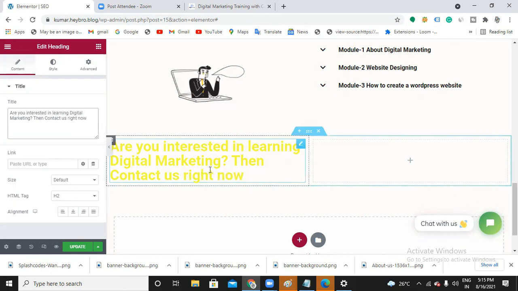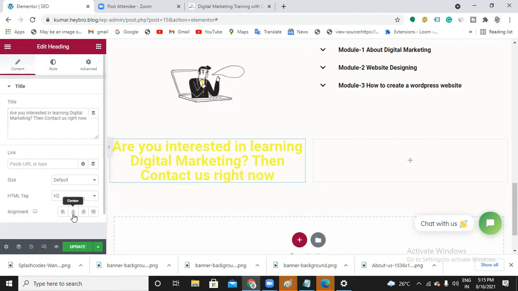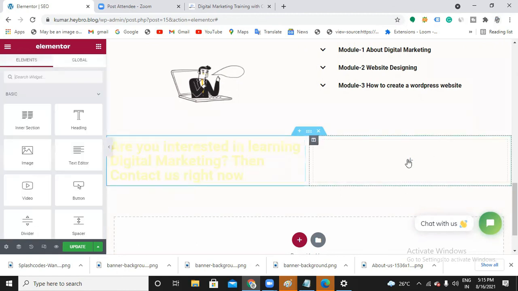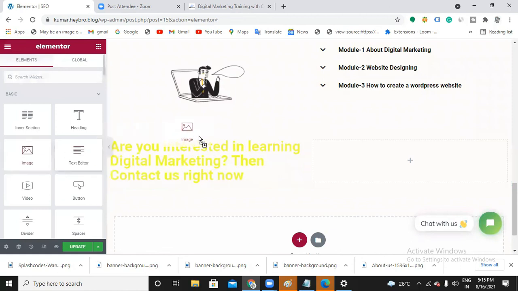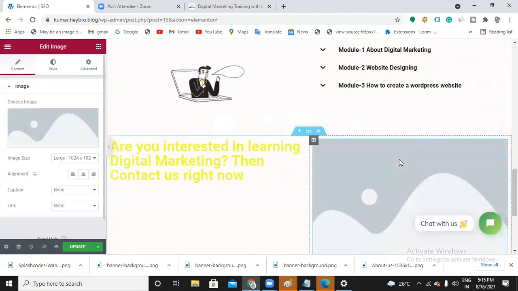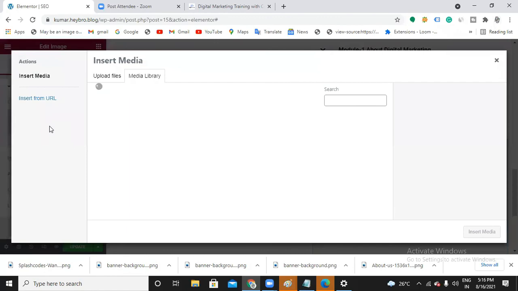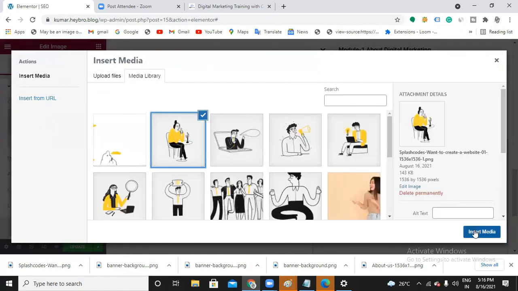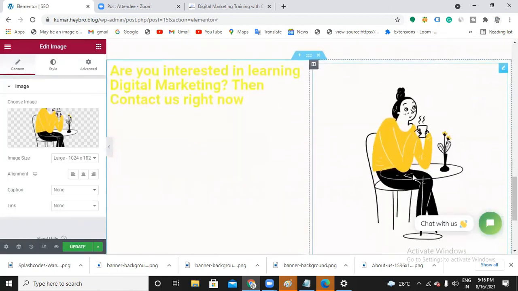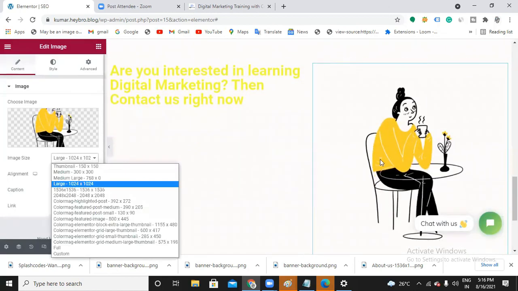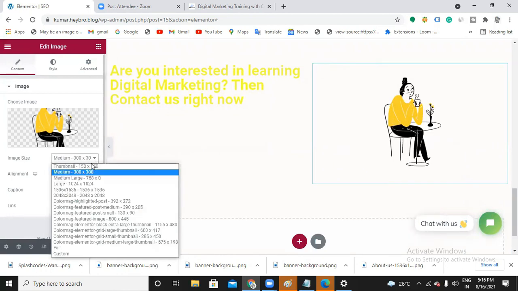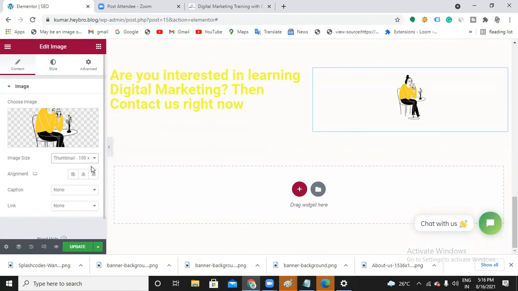Okay, so I tried having some text and you can change it on the left hand side and here an image. So do you want to change this image size to medium or thumbnail?